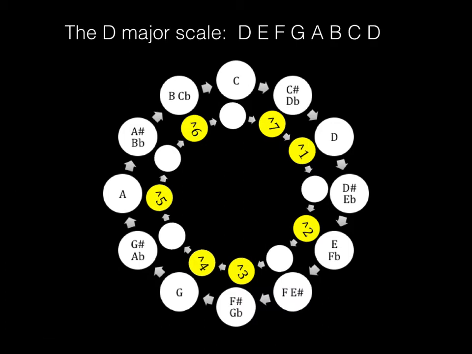So if you write out D, E, F, G, A, B, C, and then you look down and see, all right, that scale degree 1 aligns with regular old D. Scale degree 2 aligns with regular old E, but scale degree 3 does not align with regular old F. It aligns with F sharp. So F sharp has to be brought to the party. Now, similarly, if you look where scale degree 7 is, scale degree 7 aligns with C sharp, not with regular old C. And so your scale would be D, E, F sharp, G, A, B, C sharp,